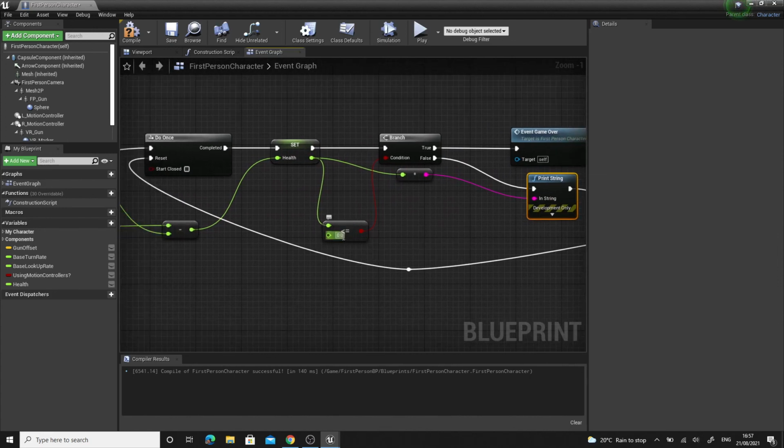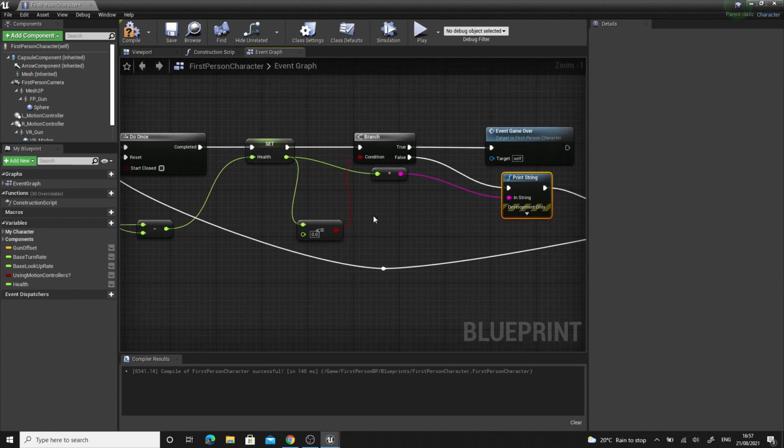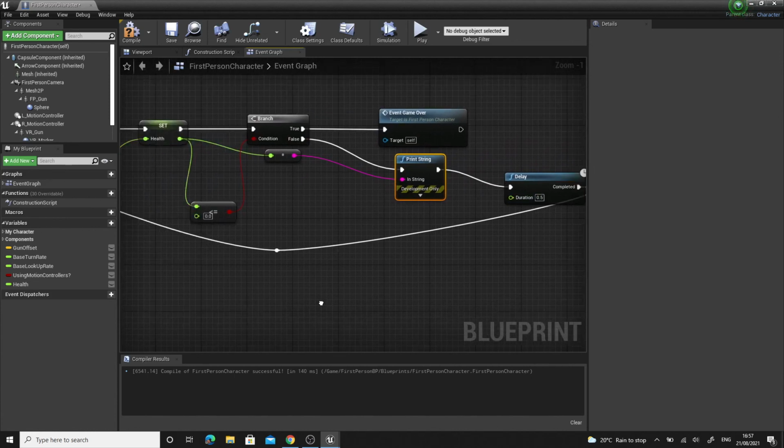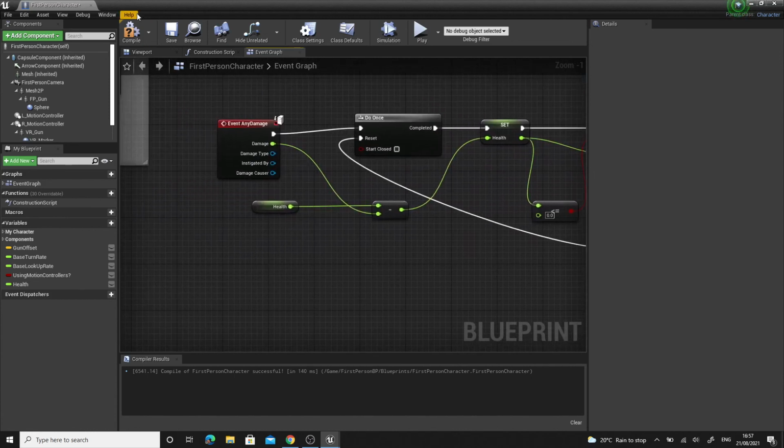And if your value is greater than 1, so if your health is at 50%, it will go to false, which will print how much life you have left and get you ready to take more damage in the future. So that's what it means. Hopefully you've done it right. Compile and save, and then